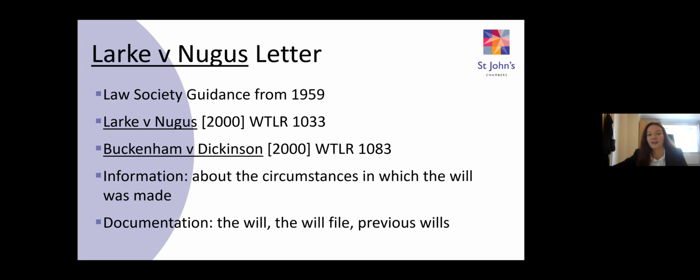The information sought by a Larkin-Nugis request will vary depending on the circumstances of each case. The potential challenger will usually wish to know, for example, how the deceased came to instruct the will preparer, how long the will preparer had acted for the deceased, and how well they knew the deceased, when, how, from whom, and by whom instructions were taken, how, if at all, the provisions of the will were explained to the testator, the testator's demeanour, including what indication, if any, the deceased gave that they understood that they were making a will, or the size or nature of their estate, or whether there are any signs of confusion, whether any departures from the deceased's previous wills were discussed, and if so, what was said,